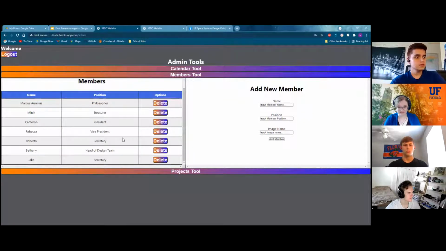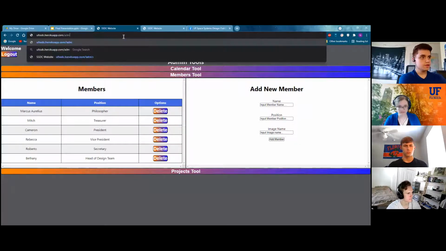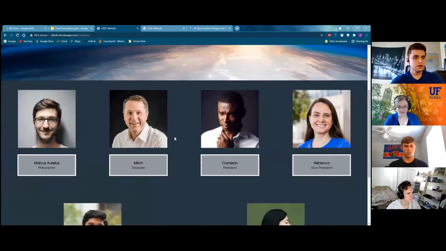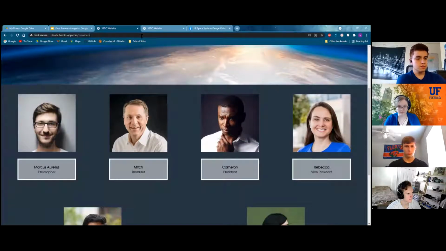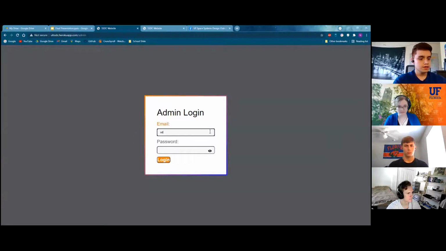For example, if they want to remove a member, they can just click the delete button on here. And then if you go back to the website and go to the members page and it loads up, the member Jake that was here before is no longer here. But going back to the admin page and logging back in, you can now add that member Jake back